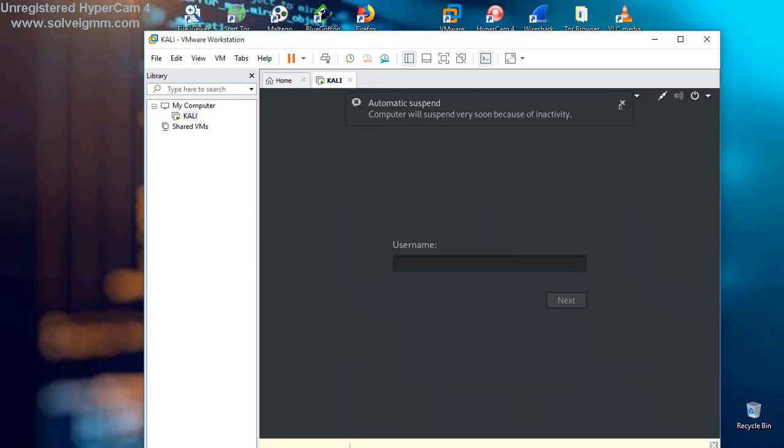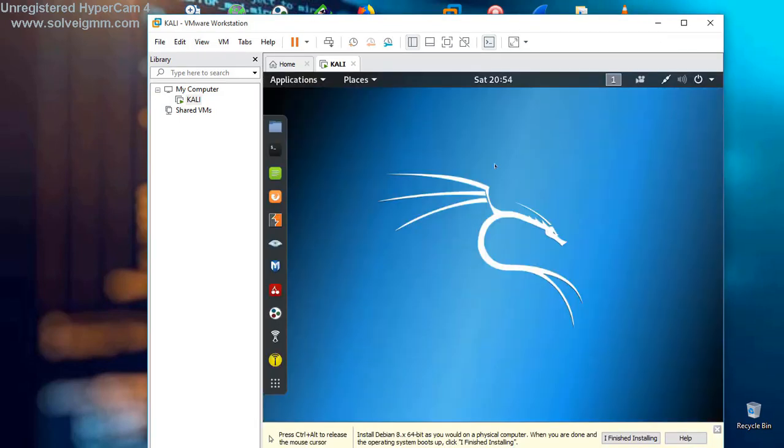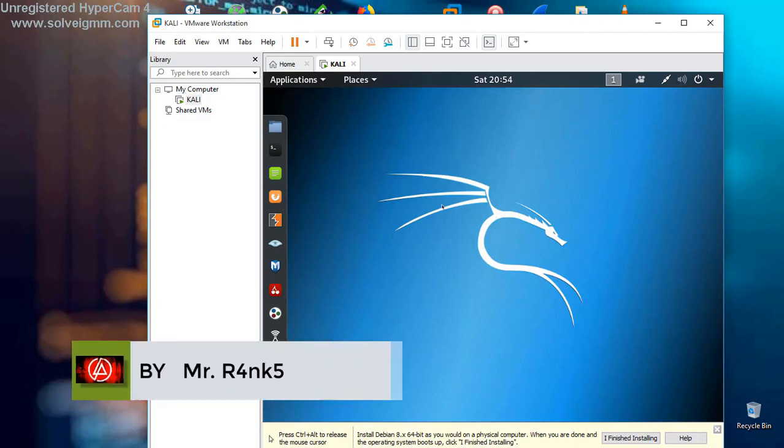As we can see, we have successfully installed our full Kali Linux, and now for the login, the username is root, and my password is Kwame. Okay, so here we go. We now have our Kali Linux running in our